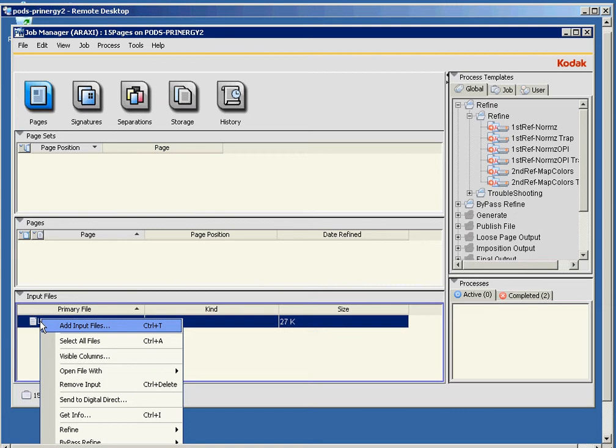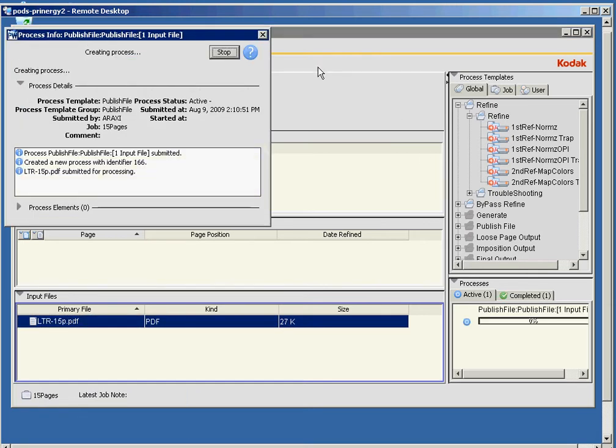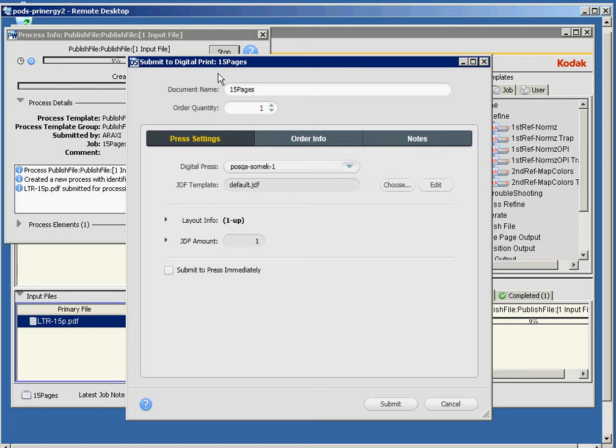Select the file, right-click, and then select Send to Digital Direct. In the Submit to Digital Print window, let's assign a name for our file. And then enter the number of copies that we want to print. In the Press Settings tab, in the list of digital presses, select the Creo Color server where you want to